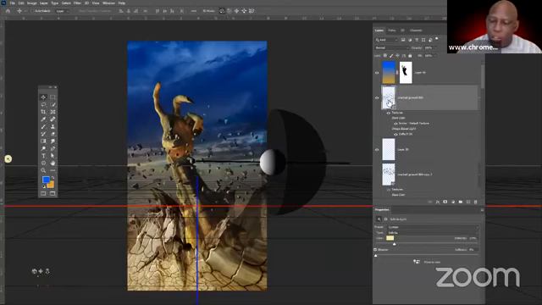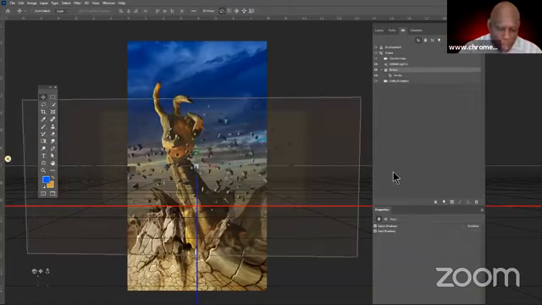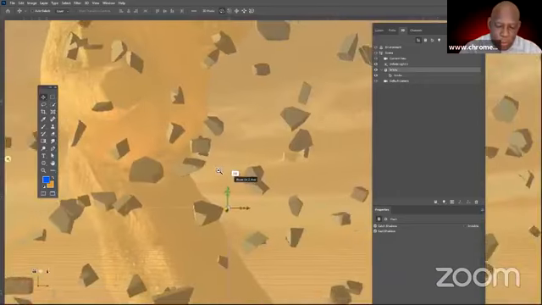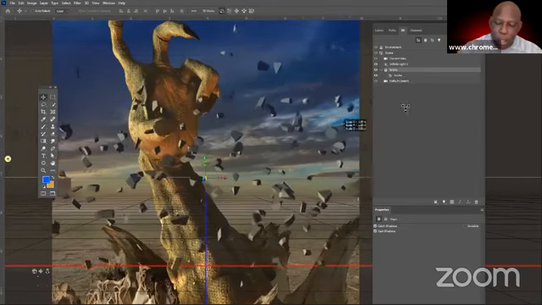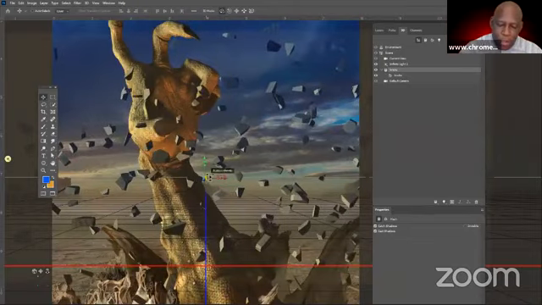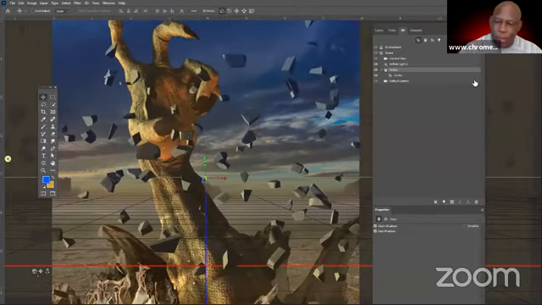So if I take the rocks, this layer, and go back to my 3D panel, target the bricks, I have a 3D widget here. If I take the 3D widget and highlight that yellow center of the widget, I can make the rocks bigger and bigger. These are going to be the foreground rocks, okay? All right, now we want to make some background rocks.